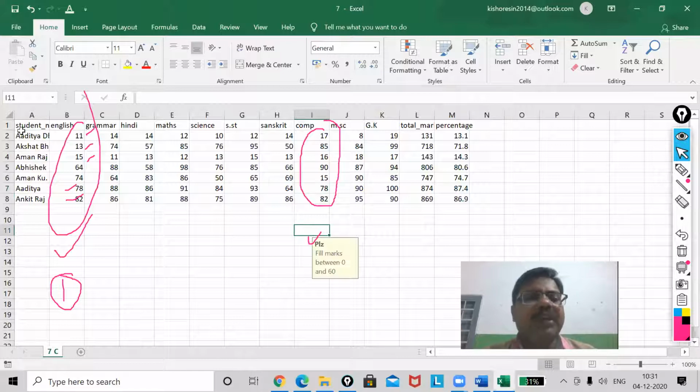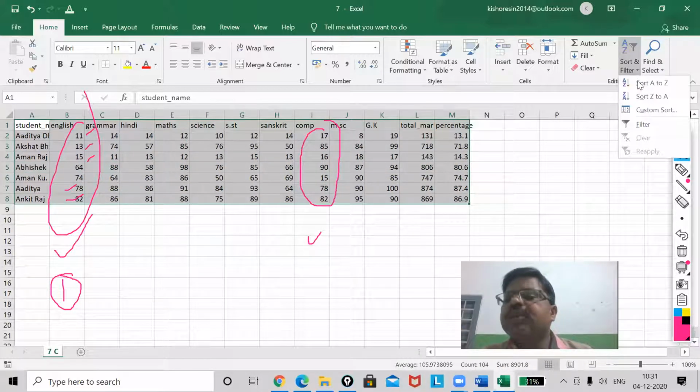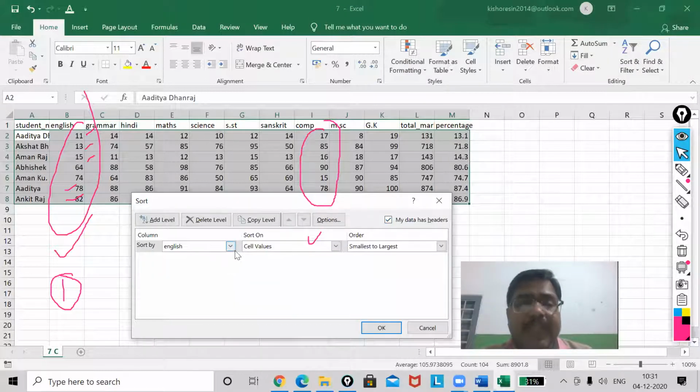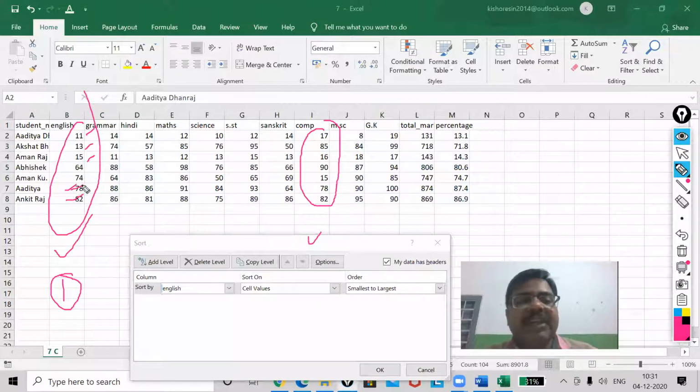Then what will you do? You will select this range of cells. You go to sorting, custom sort. Now here English will be smallest to largest. Just now you can watch here. Here 78, 82. But here what is it showing? 78, 82. But I want, where it is a match, there 82 will come first and 78 will come down. That is up to you, my dear.